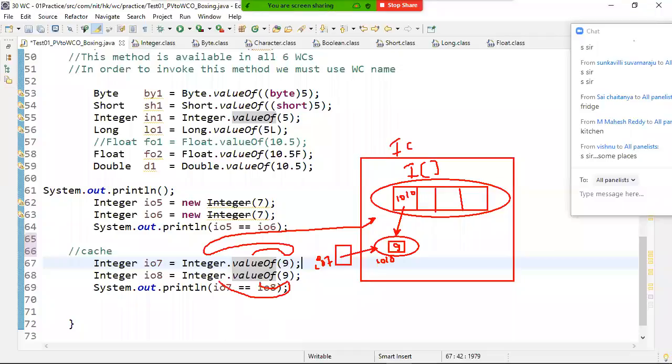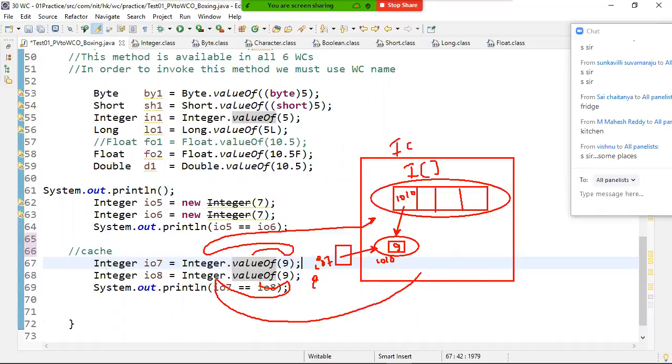Okay, nice. Then tell me, next time when you call the valueOf method, it will collect the 9 and go to the Integer class. In the Integer class, go to the array object. Now from the array object, it is retrieving the first available object, and from that object retrieving the value, comparing that value with this value. 9 equal to 9? Yes, that means an Integer object with 9 is already available. Then is it creating a new object? No, it returns the same object reference 1010. Already 1010 is available in the location. That 1010 it will take and return.